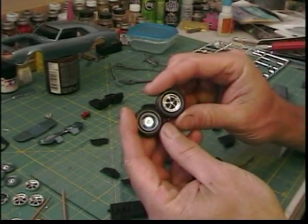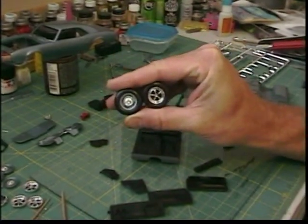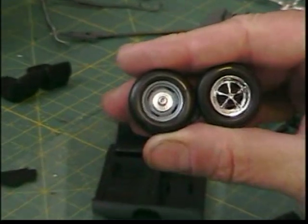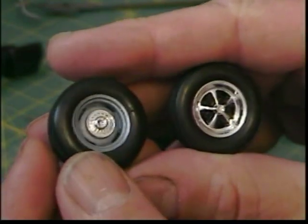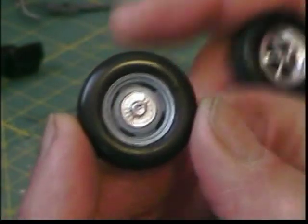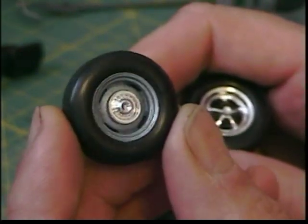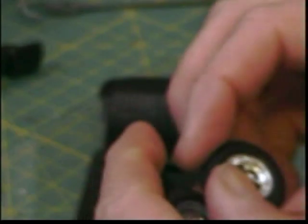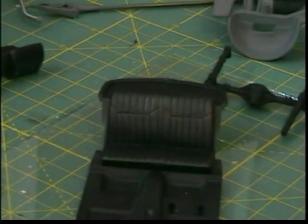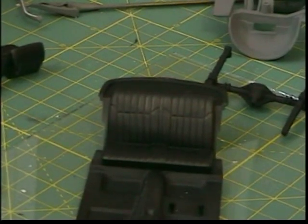The other thing I've got to figure out is which rims I want to use, and I'm not sure what I'm going to go with yet. I kind of like this look. Painted the rims the body color, but I also like this look. So, it's a decision I have to make depending on what I'd like the look of the car to be. So we'll do a little bare metal foiling and detailing, and maybe show you how some of the...